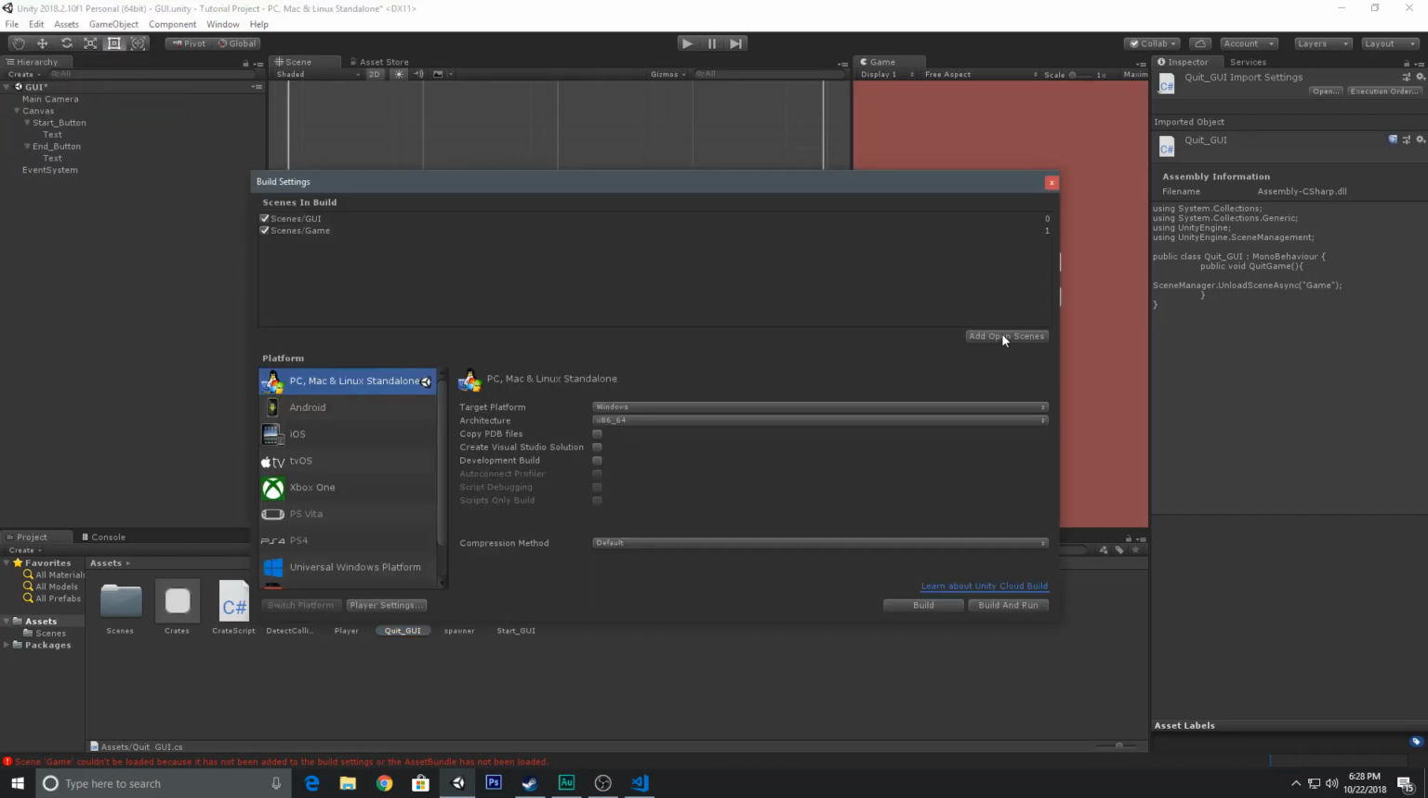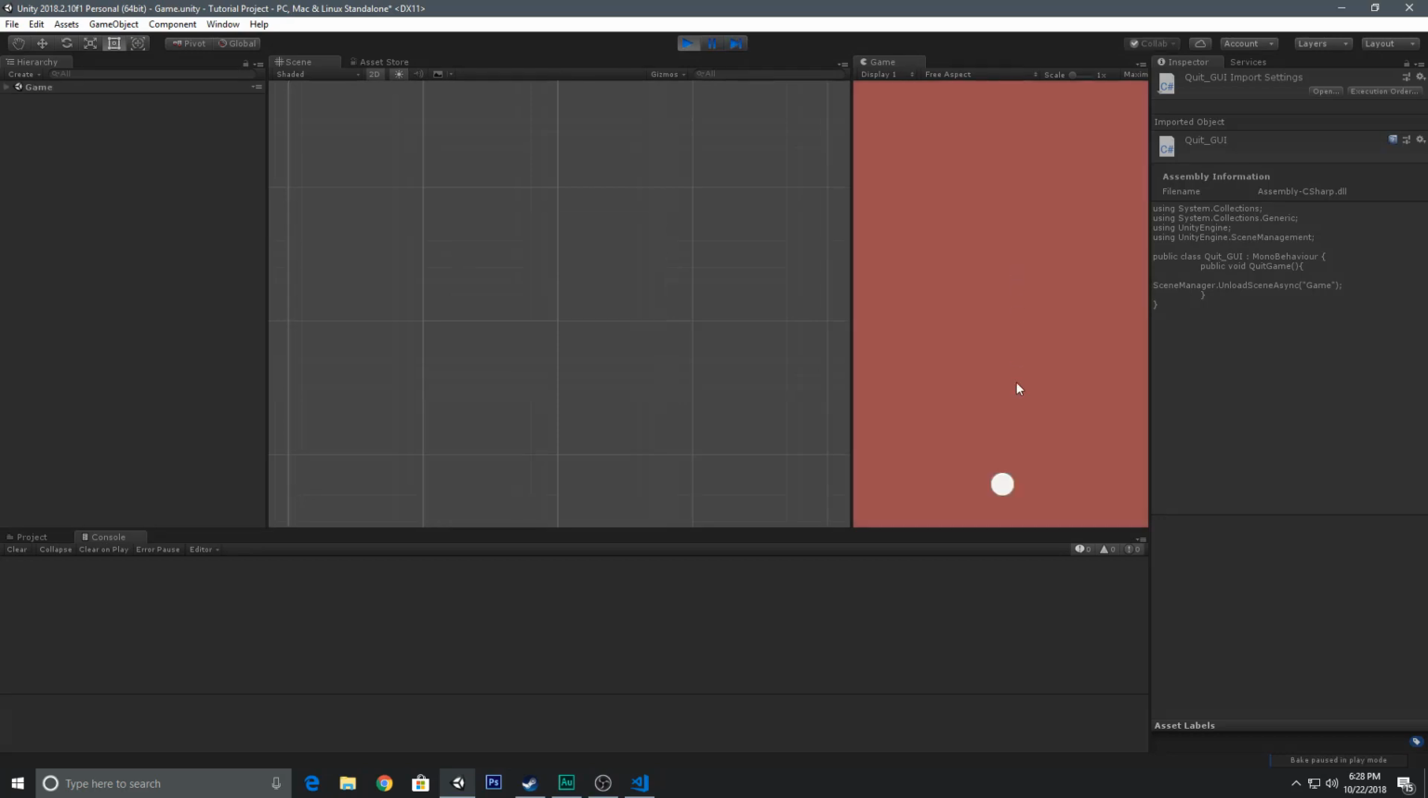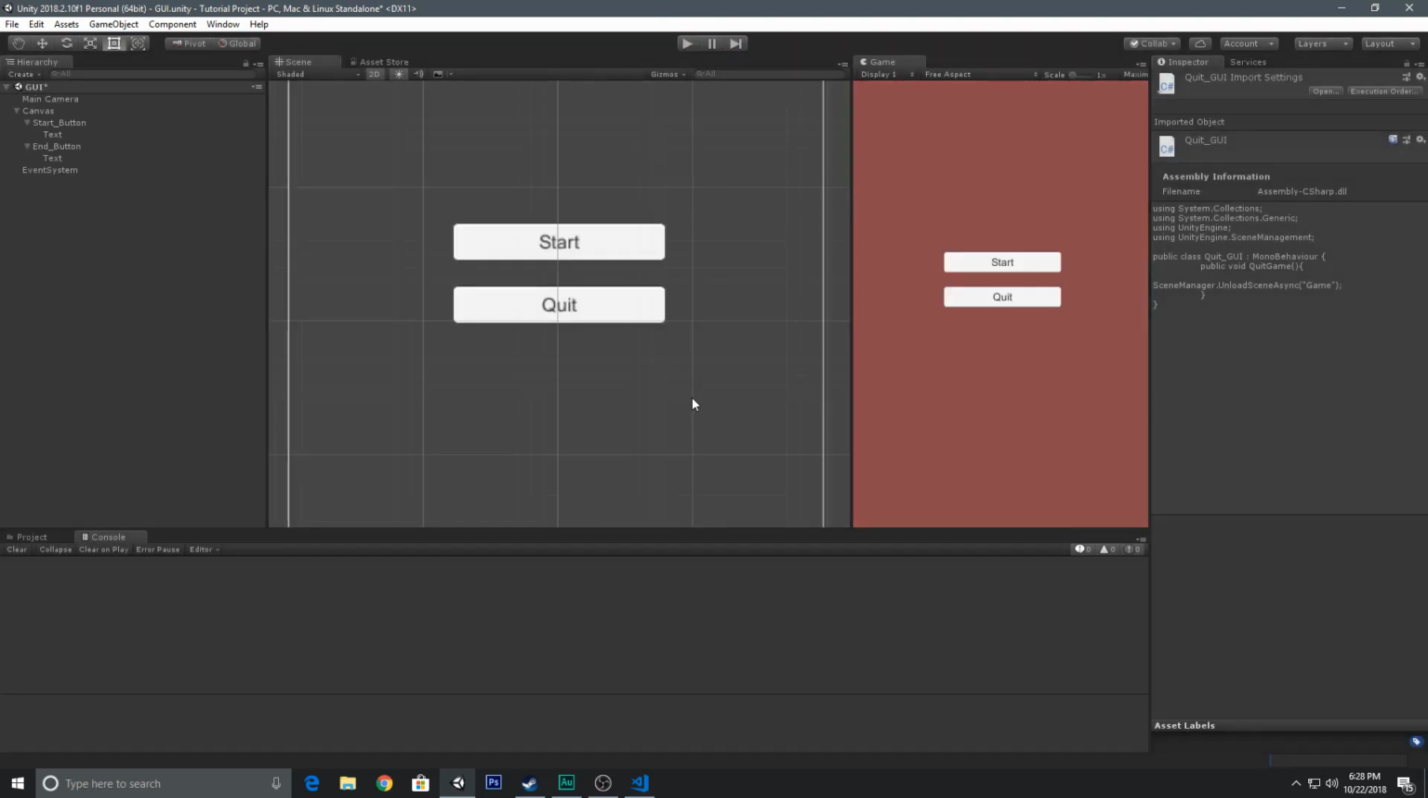Now the quit button will not work anyways, because it's not like you can quit the scene or something. You have to manually know what will work and what will not, I'm sure. And make sure to add those scenes. I'm just rechecking it and clearing up the things, and let's